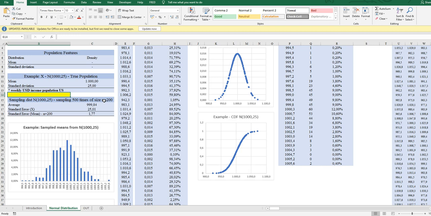And by sampling, essentially we mean the size